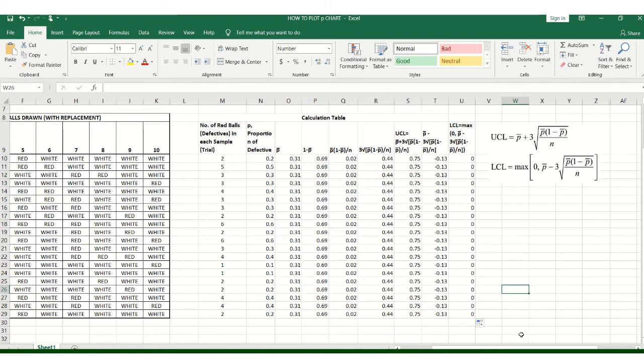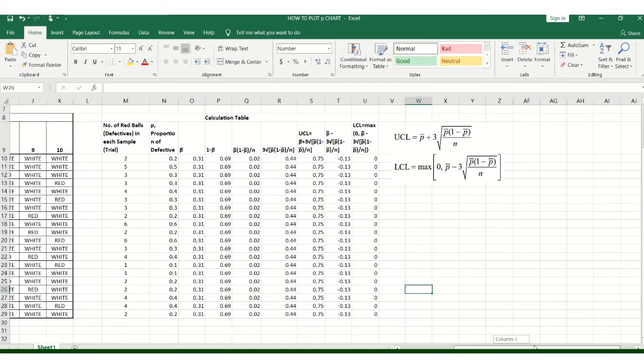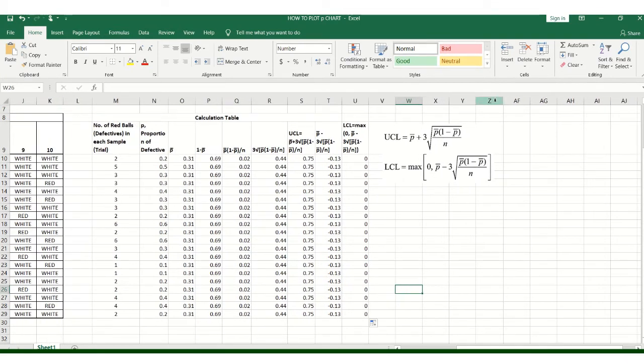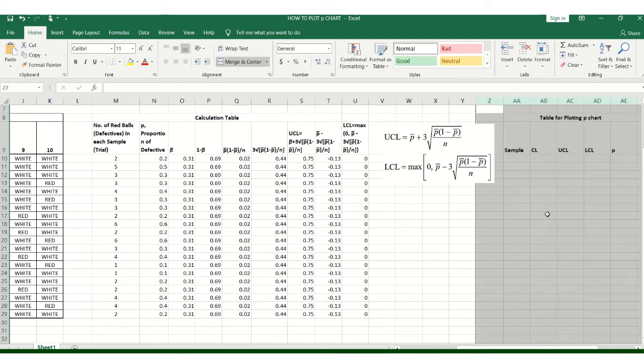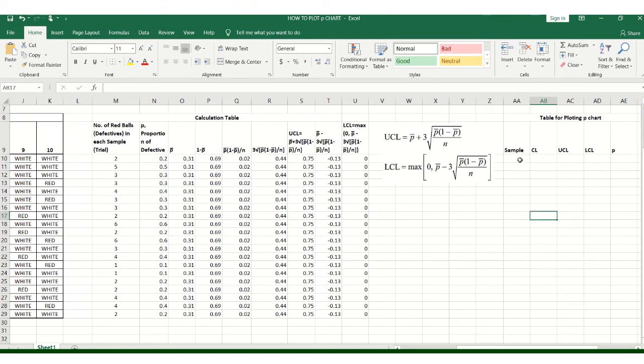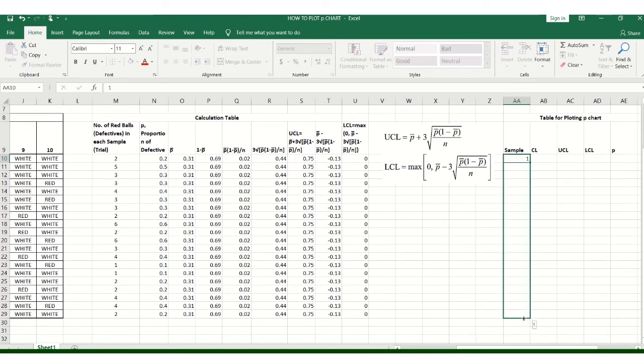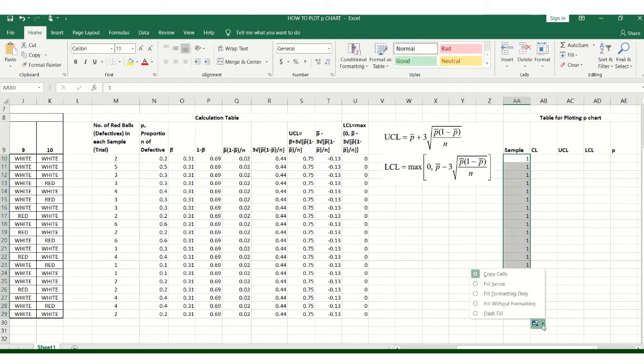Now, how to plot it. For plotting it, I will just show you the steps that will be needed. First I will again write the samples so that it will be easy to draw the chart, because we already know these are the samples, and we have taken 20 samples at a time.